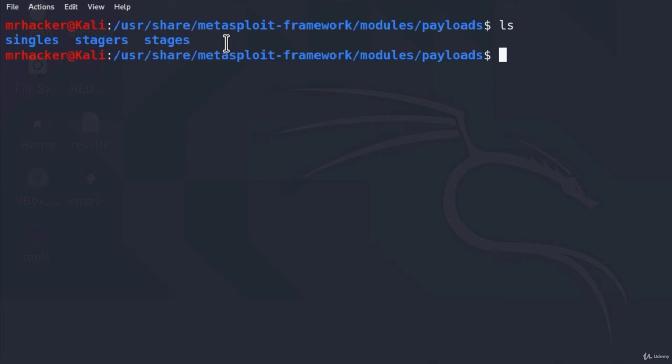We can download files, upload files, record microphone conversations, run webcams on the target machine, take screenshots of their desktop, and many other things we can do with Meterpreter. So once we are exploiting a target, Meterpreter is usually what we want to run on that target after an exploit. If I go to the stagers directory right here, so cd stagers,